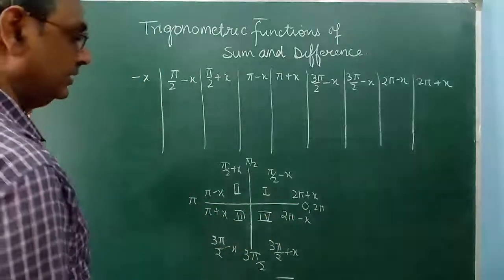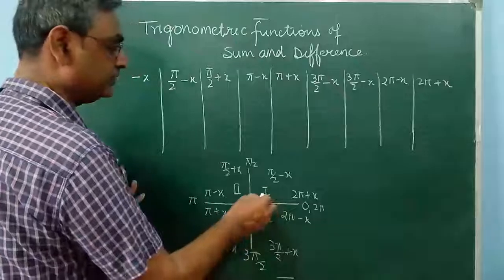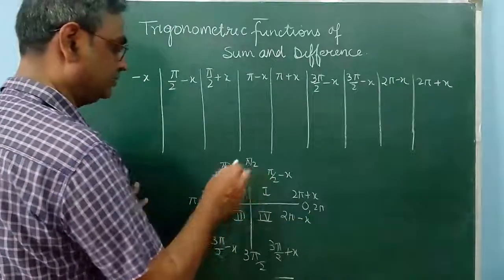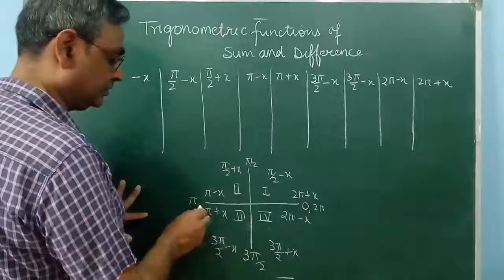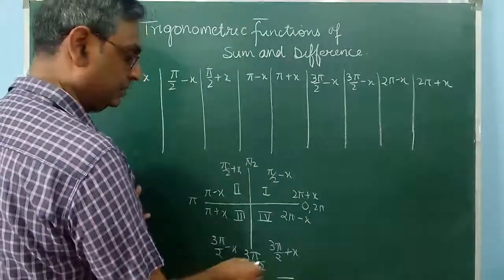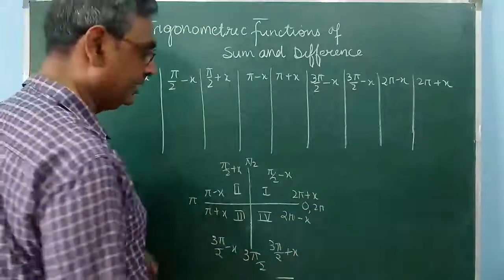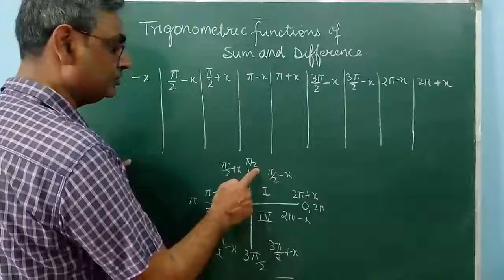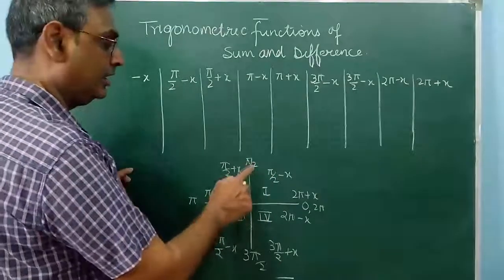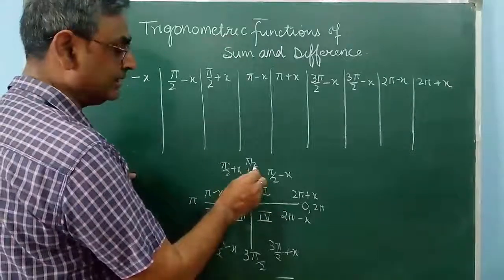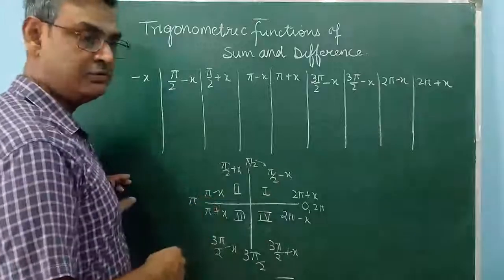Now this we are knowing. If we see the quadrants, this is the first quadrant from 0 to pi by 2. This is the second quadrant from pi by 2 to pi. This is the third quadrant from pi to 3 pi by 2. And the fourth quadrant is 3 pi by 2 to 2 pi. When we move from 0 to pi by 2, all the trigonometric functions are positive. Or we say this quadrant means less than pi by 2. Less than pi by 2 I can write as pi by 2 minus x.